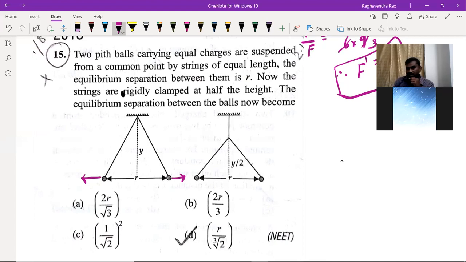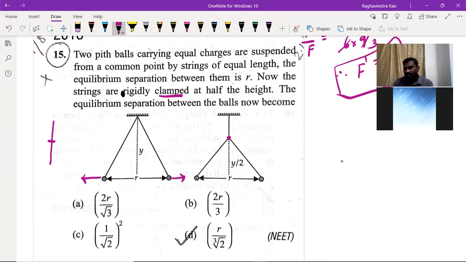Now at a particular distance from the hanging point, the vertical distance is y. Okay, this is the first case. Now the strings are rigidly clamped at half of the height. That means at half of the height, y by 2, so the separation will become maximum. The entire string is fixed at the half, so it is clamped at the half. This distance becomes y by 2. The equilibrium separation between the balls now becomes...